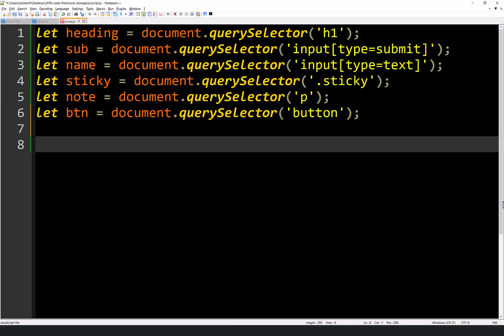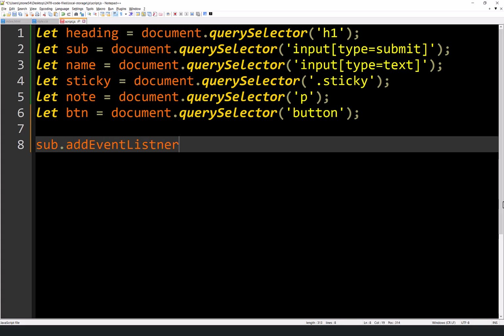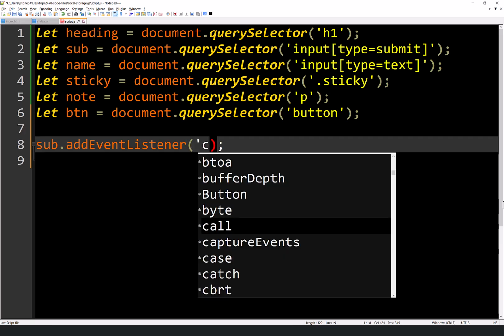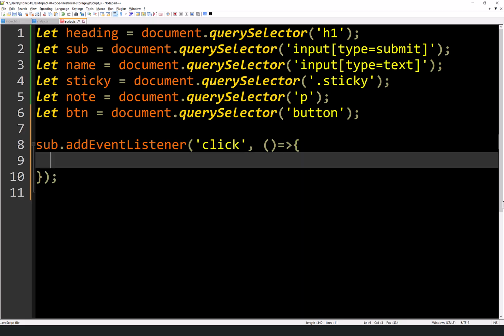So we have the sub button. So sub.addEventListener, and it takes in, of course, the click. The click is the thing we're listening for. And let's go ahead and do our favorite arrow function with our favorite syntax that I hate. Let's do it. Why not? All right, so what are we going to do when they click? First thing I need to do is get whatever they typed, right? So let's see what they typed.